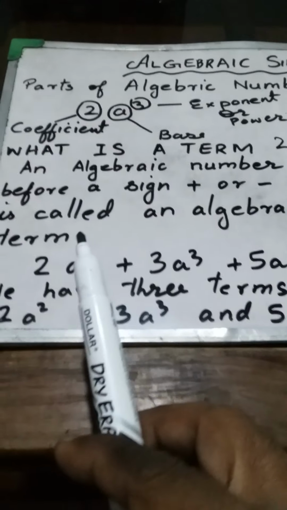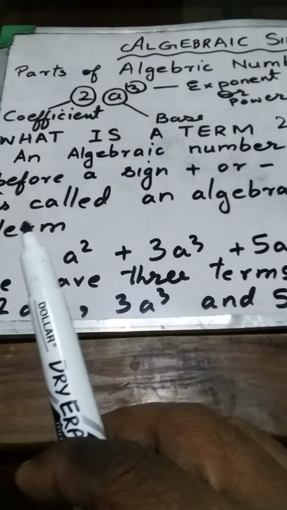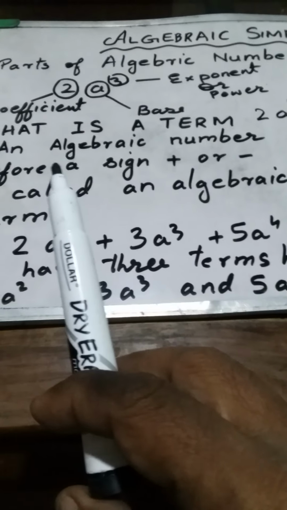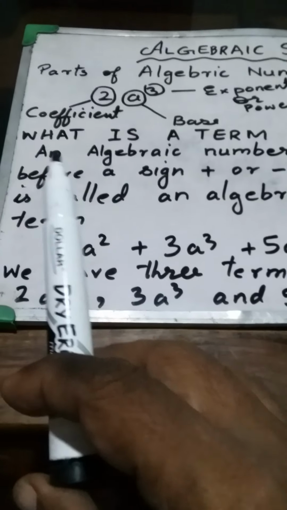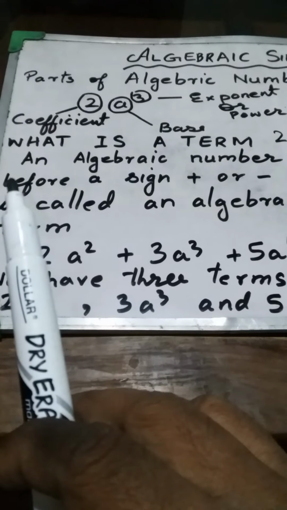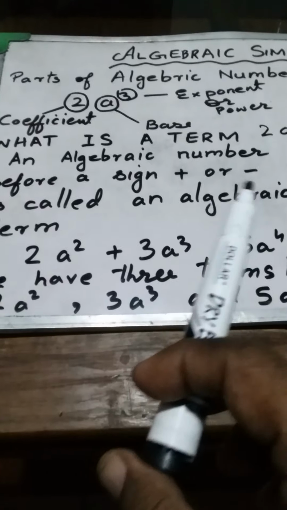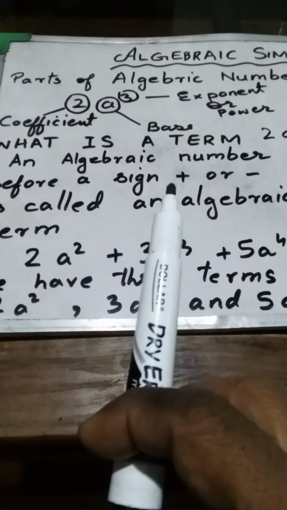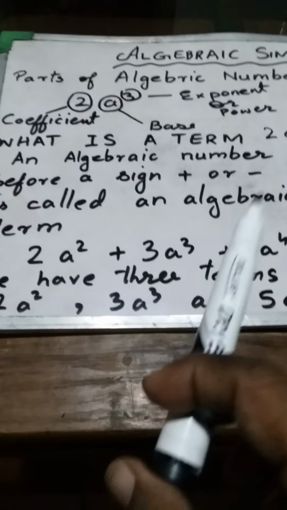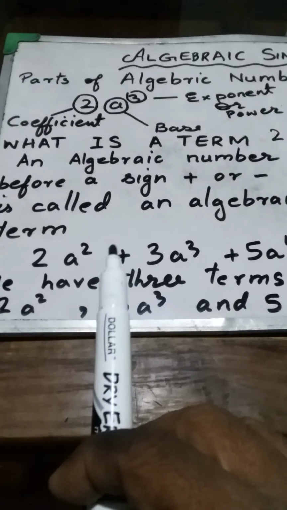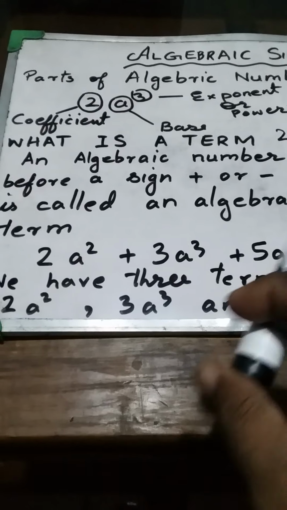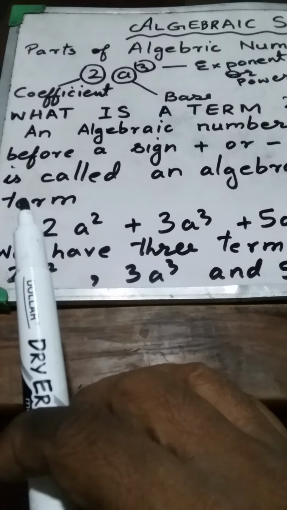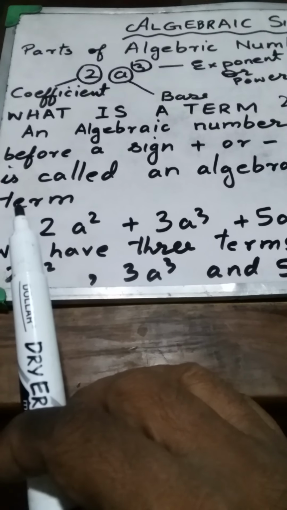Now, whenever we are simplifying, we should understand what a term is. An algebraic term is the number before a sign, positive or negative. So before a positive or negative sign, whatever comes is a term. Now, if we know the terms,